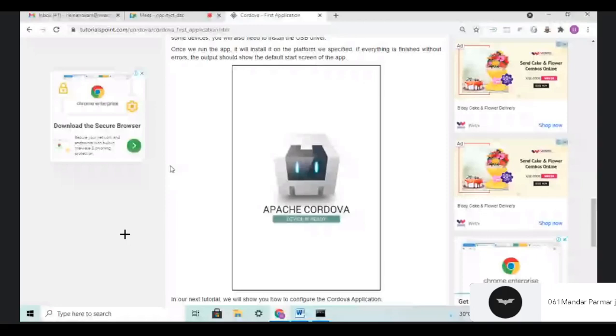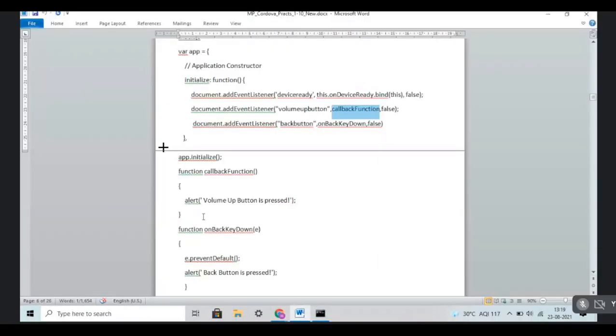Build this process here, and whatever parameters you have passed and written in the functions, that function should be called. Here you have created your own function, the callback function. This function you are calling here is the callback function. That time this function will be called after clicking on the button.